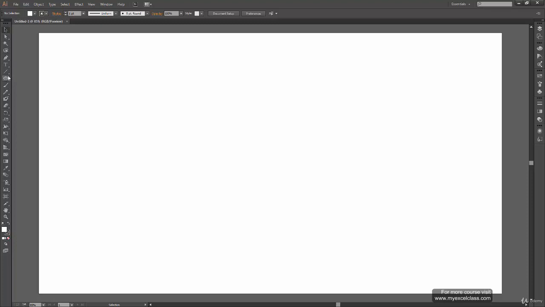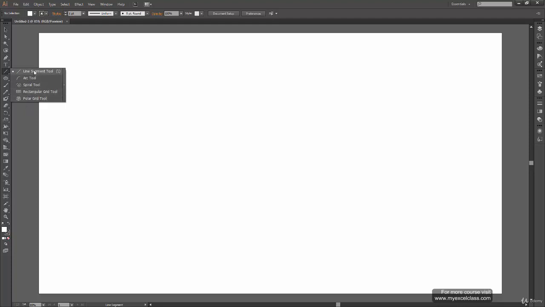So you can go to your toolbar and there is your line segment tool. The shortcut key for this is backward slash. So either you can press backward slash on your keyboard or you can go and select the tool from here. Now to select this tool, there are two ways. You can either click directly on the toolbar or if you get some more tool options, you can click and hold and release your mouse again. And then you get this window.